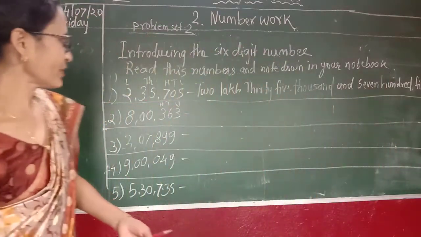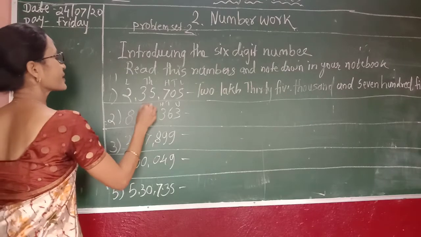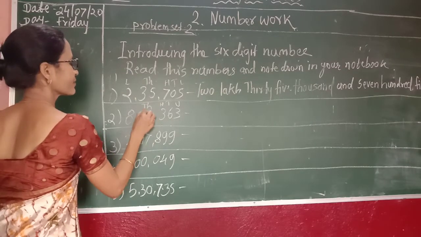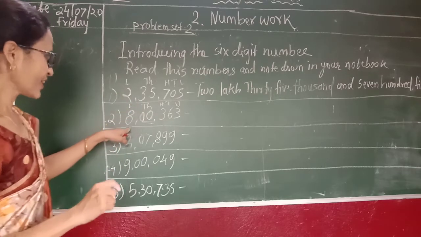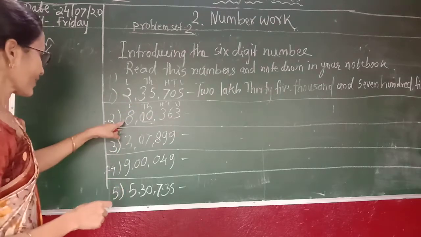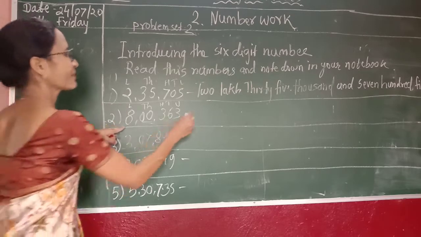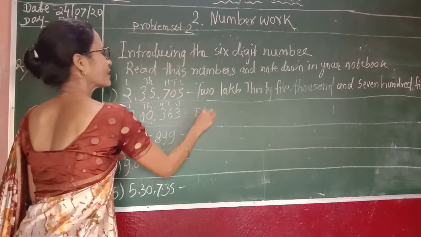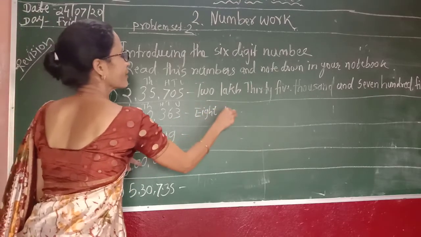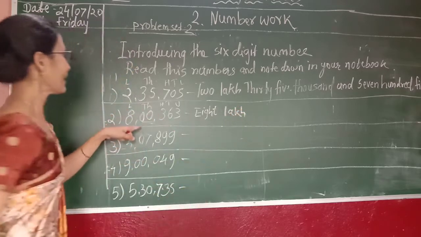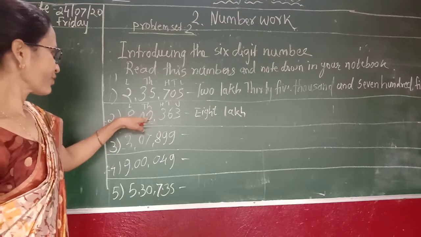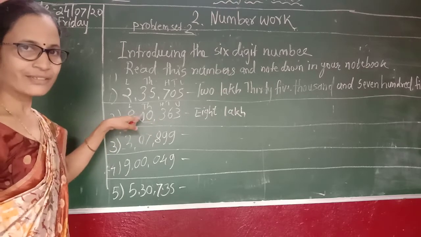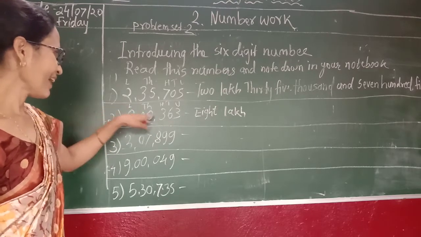Read these numbers carefully. Look here. This is 1000 place, and this place is 10,000 and lakh. Which number is this? 8 lakh. What is in the 1000 place here? 0. So don't write any number here. 8 lakh and